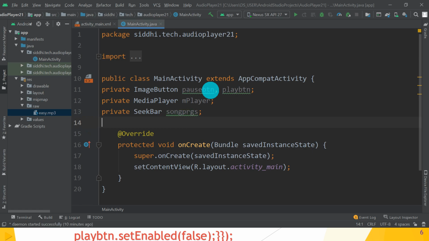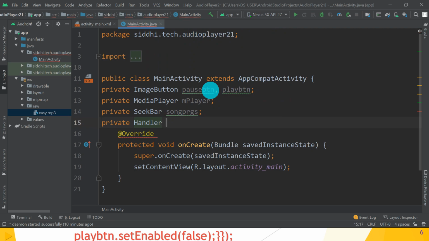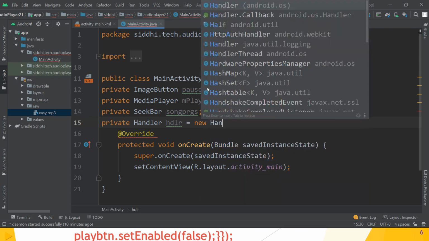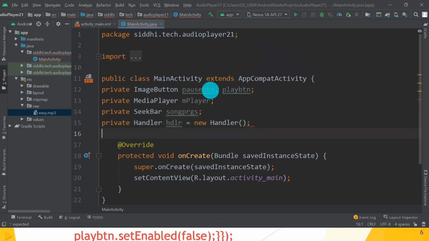Great. After that, create one object of the Handler class. Private Handler, object reference of handler is equal to new Handler. Great. So what is the use of the handler class? When you create a new handler, or the object of the handler class, it is bound to the looper.